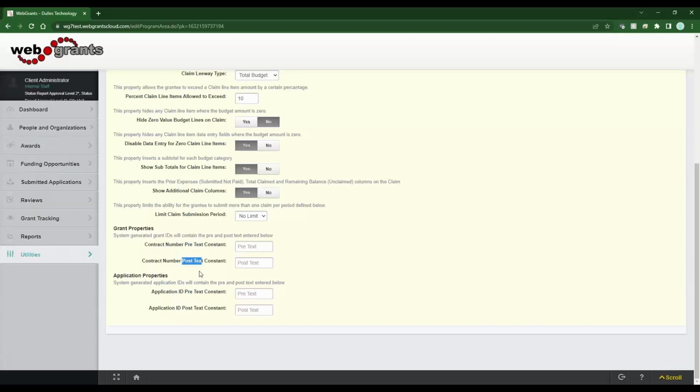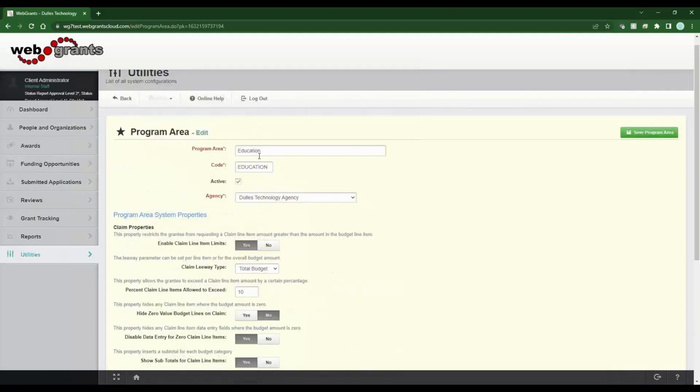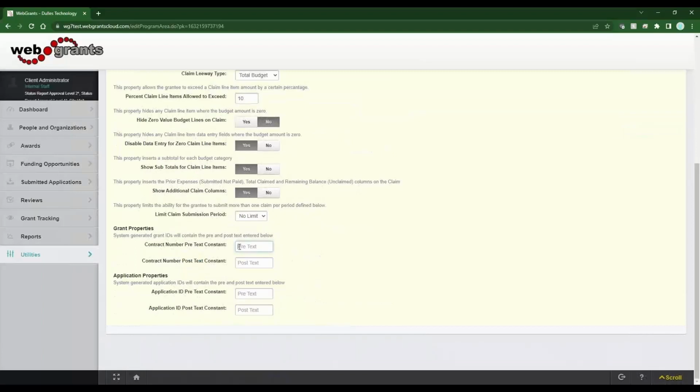If we have a grant number 55 that's a system generated ID, I can put pre and post text so when I award my grants into grant tracking, the beginning can maybe say the program name and the end could maybe say the year. You'd have to come in and update this program setting each year, but it's really handy so you're not doing it manually on each grant. So this is education. So it could look something like, we'll say ED, and then I'll put a dash, and then we could go dash